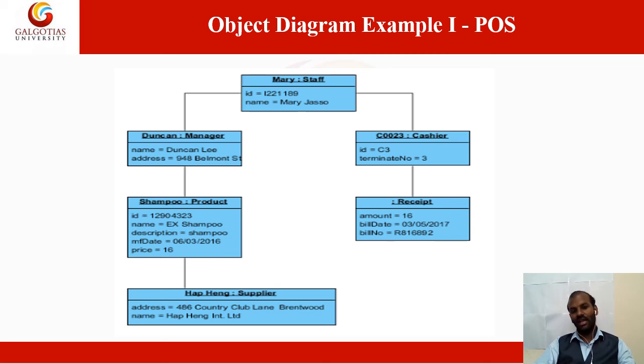And cashier: every cashier in the point of sale must have a unique ID. So based upon that ID, the collection done in a particular duration can be calculated in a very easy manner. And the cashier must have a terminal number. And coming to the next one, receipt. When the customer is receiving the receipt in the point of sale, it must mention the bill date, bill number, the total cost, as well as each product cost. So this must be ready with the receipt.